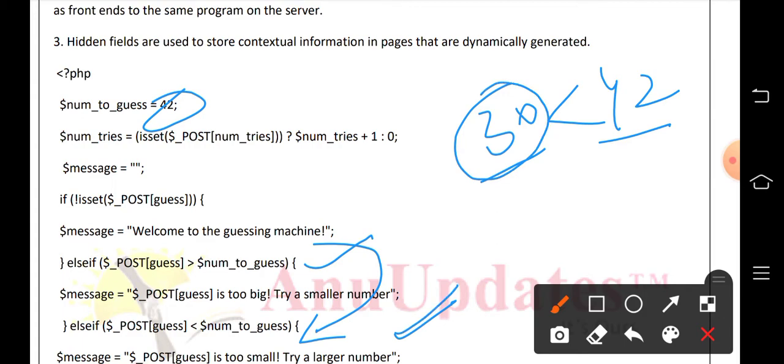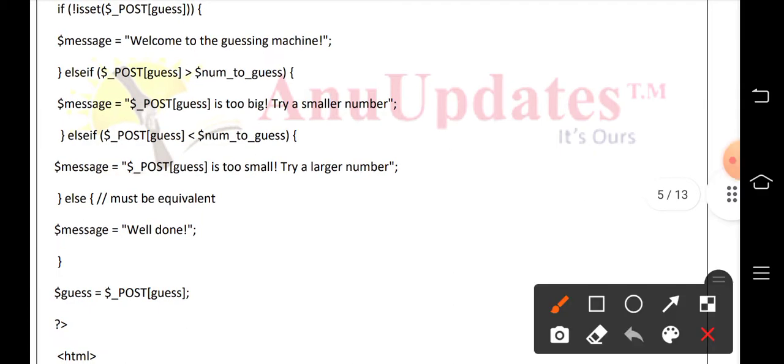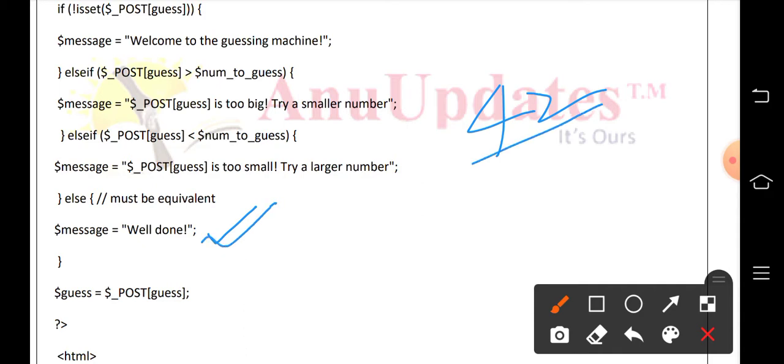What is the output? 30 is too small, try a larger number. Suppose I am giving the same number, 42. Then it will print well done. If 42 is equal to 42, what is the message to be displayed? Well done. In order to display these messages, we are writing everything with post.